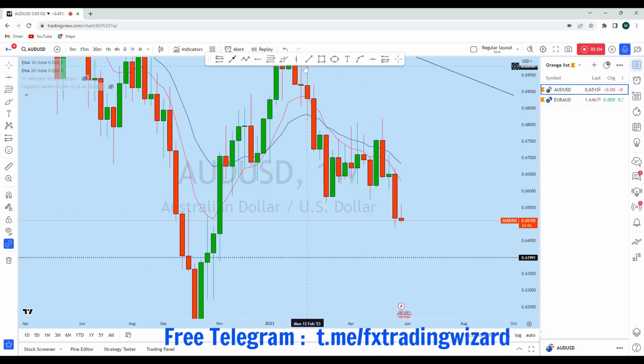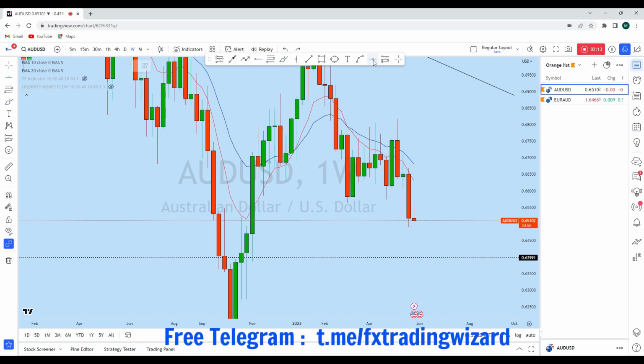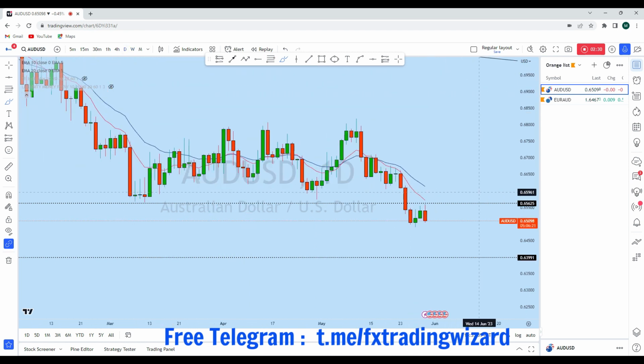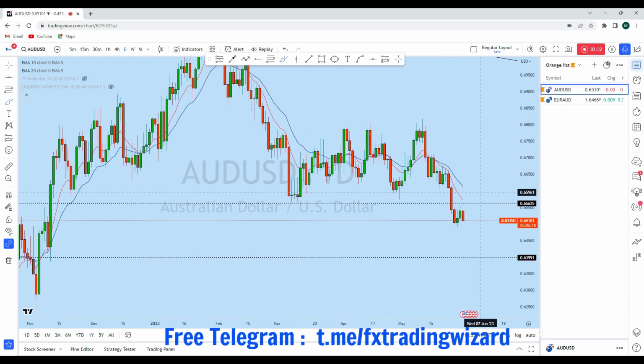Now we see that with this weekly price action the price has formed a head and shoulders breakdown, and also you saw that so far this week the price has done multiple retests of this important previous support, now turning resistance, and we see that AUD USD is currently rejecting from the resistance zone from the weekly perspective. Now if we look at the daily, what you see is that from the daily price action